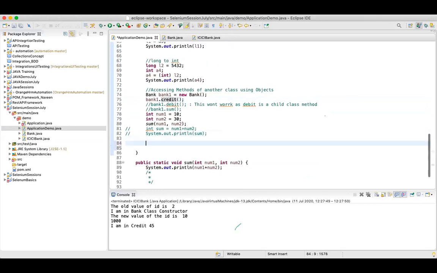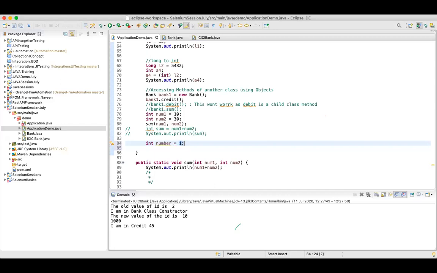So how do you define an array in Java? When I say integer number, this is a variable of data type integer, and it will store only one value. But if I want to store multiple values, we can simply define opening and closing square brackets. This is an array now. This particular number is an array, and if I assign, for example, let's say 1, fine, this is fine, no error.